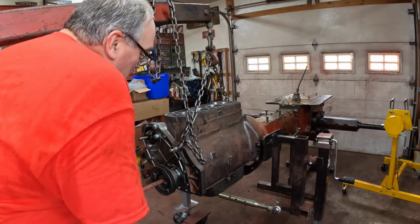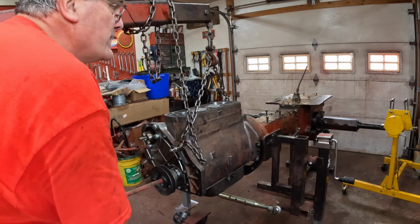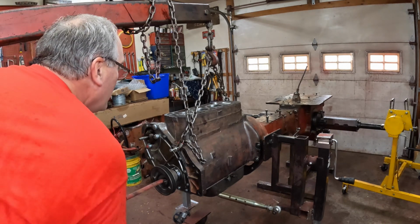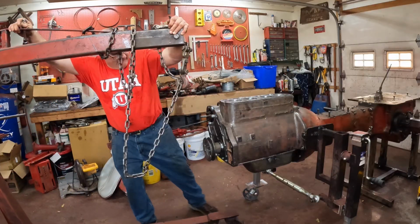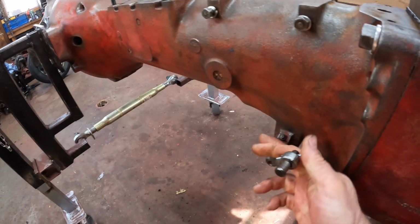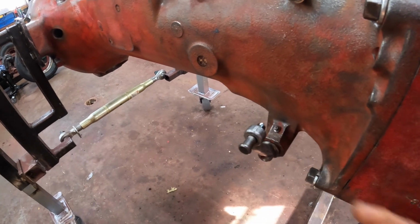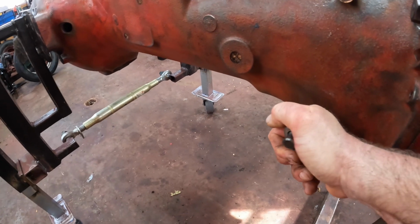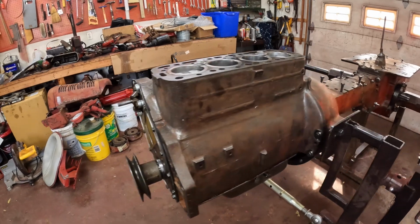Before I pull it off the hoist, I just want to make sure everything turns nicely. I've got it in 4th gear back there, so I'm looking for the axles to turn. And they are. That feels good. Let's check the clutch linkage here and make sure we got free play on the throwout bearing. That's the free play, and we'll adjust that via the clutch pedal linkage. It runs back from here, but this is the point at which the clutch starts to hit spring pressure. Good. And here it is, front to back,